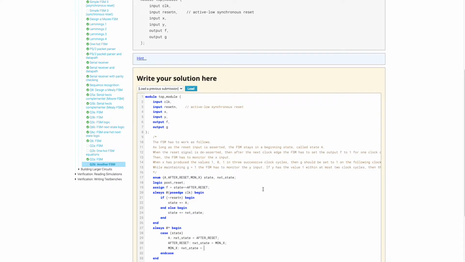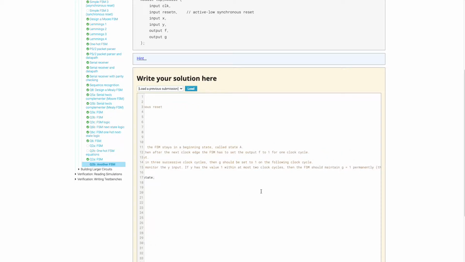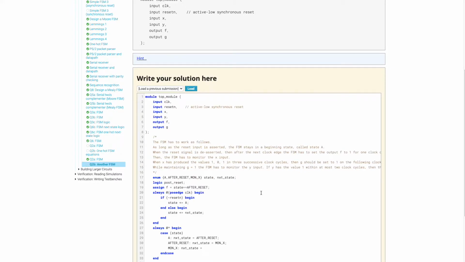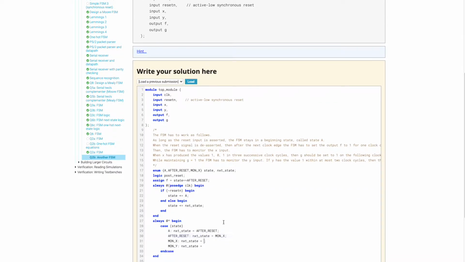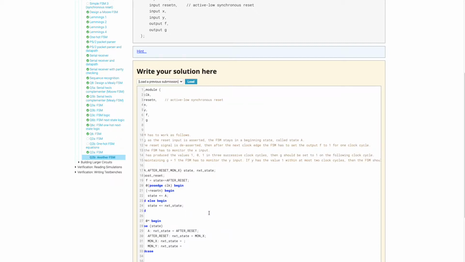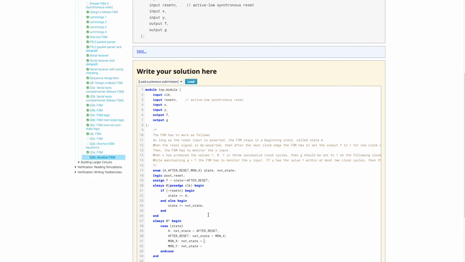While maintaining G equals 1, the FSM has to monitor the Y output. If Y has the value 1 within at most 2 clock cycles, and then mon Y. So after we monitor X, we monitor Y, and then when we reset, we go back here, and then we start at this output anyway. So monitor X says one clock cycle,